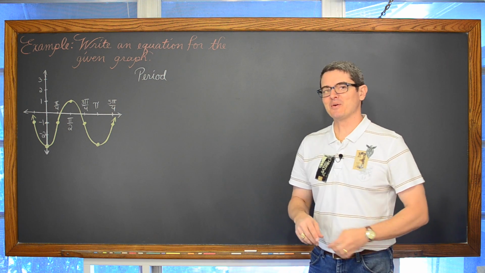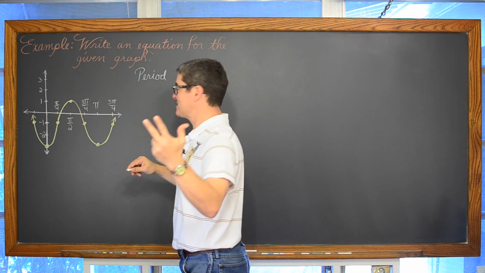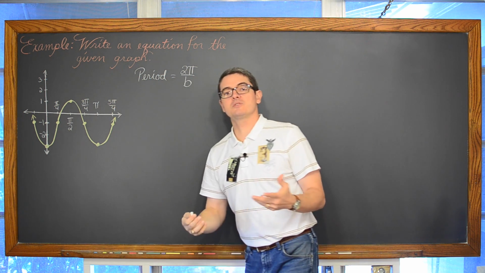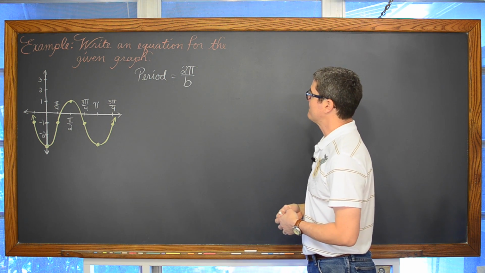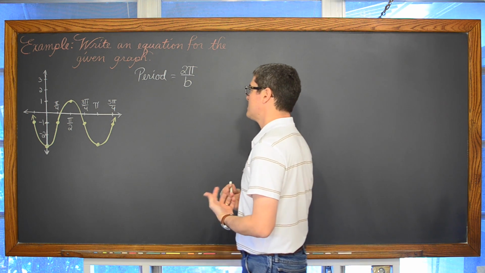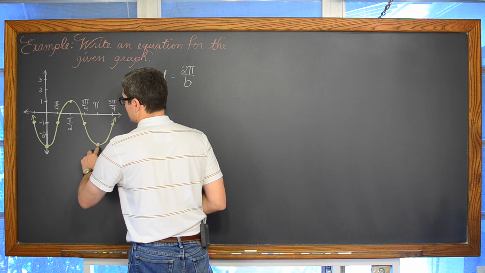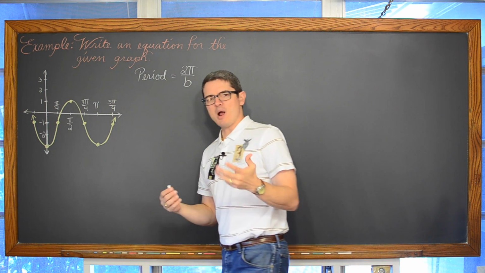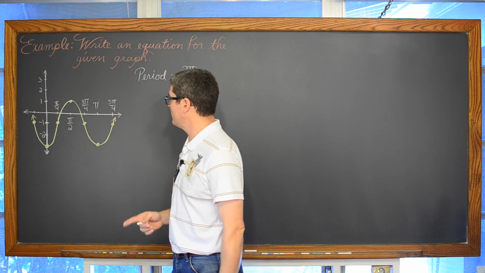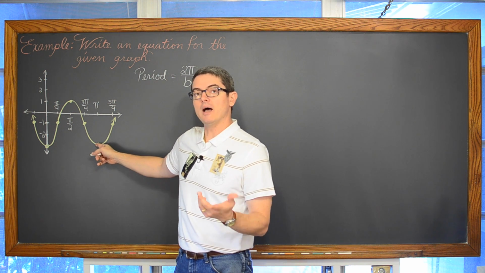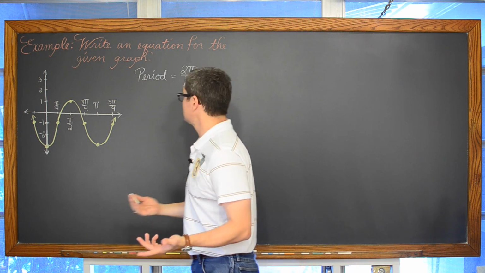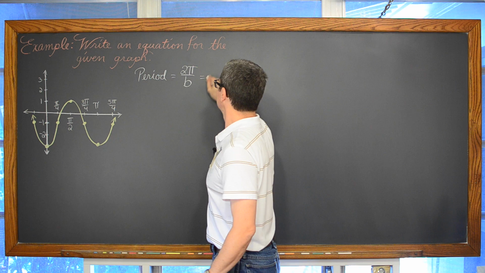Let's get back to the period, which for sine, cosine, secant, and cosecant is 2 pi over b. If it was tangent and cotangent, that would just be pi. So our period, well, let's see. There's a few places we can look at in this pattern to try and identify it, but the minimum values or the maximum values would probably be the easiest place to look, and we have a minimum value at x equals 0 and another minimum value at x equals pi. So that's pretty simple. Our period is simply pi.